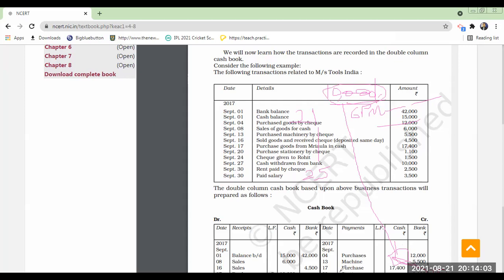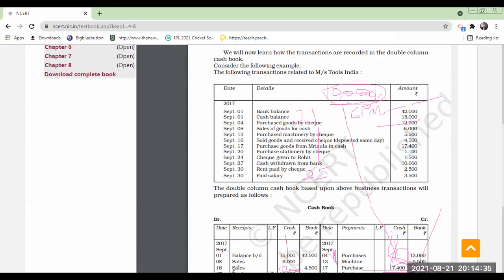Yes, sir. On the 25th, we have to mention 10,000 rupees in the bank column. Again, on the same date, your cash balance will be reduced by 10,000, because from the 21st to the 25th you mentioned this 10,000 in your cash balance. But now you have deposited the check in the bank. Did you understand? So 10,000 rupees in bank you have to mention, and the same 10,000 rupees you have to mention in the cash column.